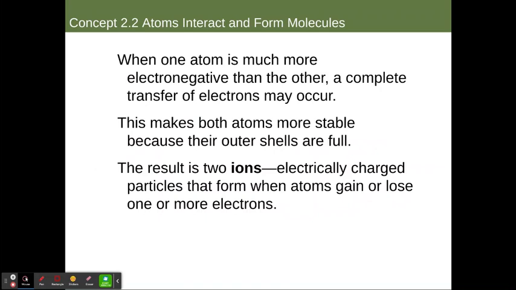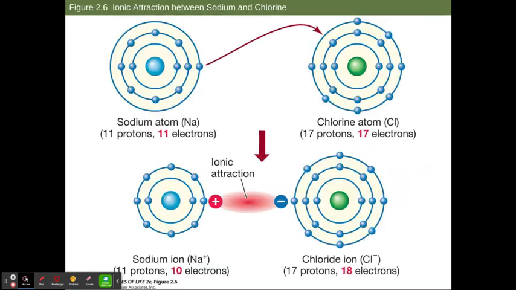Okay, so when one atom is much more electronegative than the other, a complete transfer of electrons may occur. When this happens, we will typically see elements become more stable because we are donating electrons. As a result of this, two ions are formed where we have an actual change in charge. One will become positive, one will become negative. Okay, so the interaction of sodium and chlorine that we see here in figure 2-6 on page 25 shows that